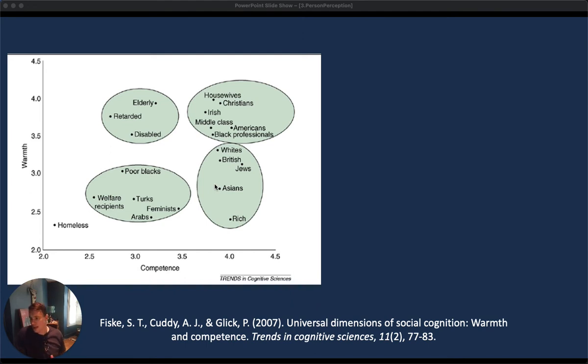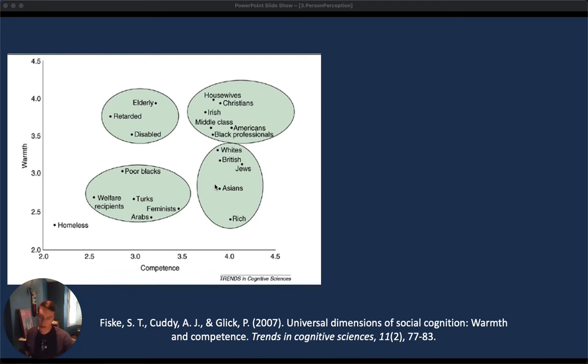And so you can see basically that this guides the behaviors or the impressions we have. And then you have the low competence, low warmth. You see here, this is America. You see feminists, Turks, Arabs, welfare recipients, and poor blacks, right? So white Americans think, oh, these people are in the position where they are because they're incompetent and they're also not trustworthy. So in contrast to the elderly, who were incompetent yet likable,